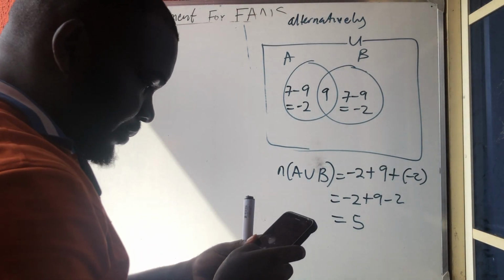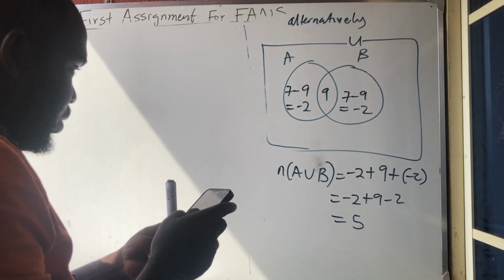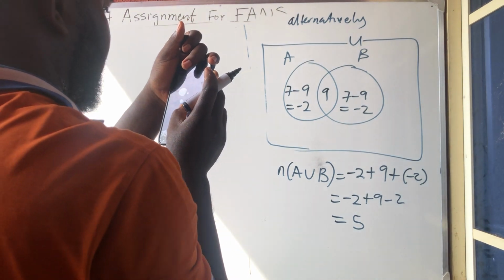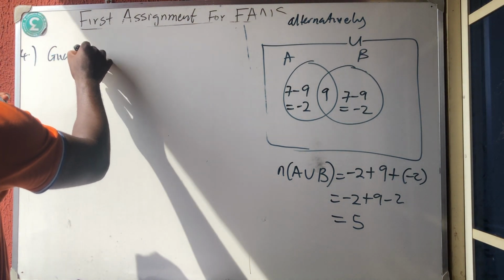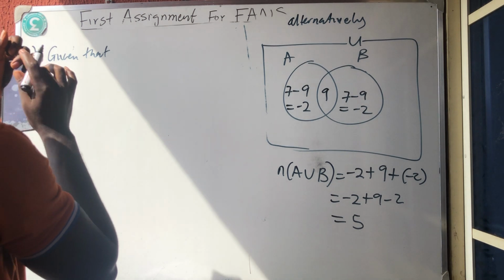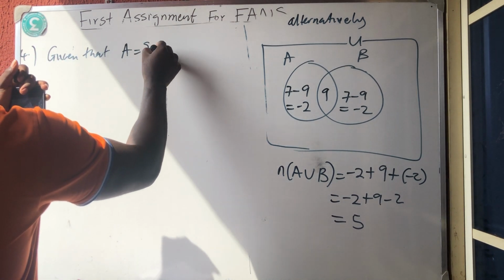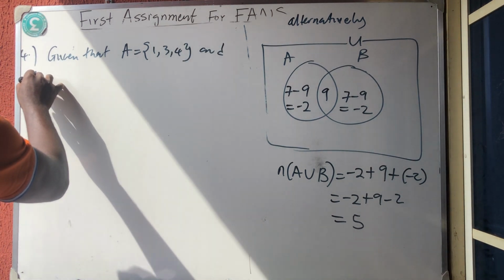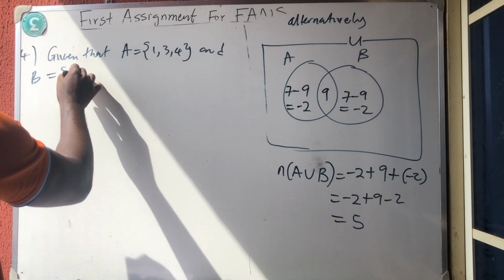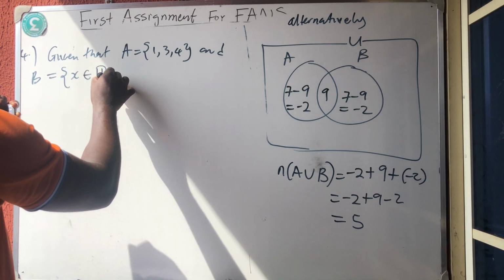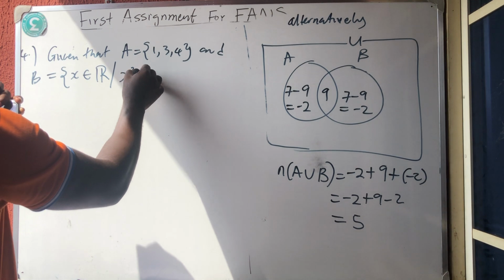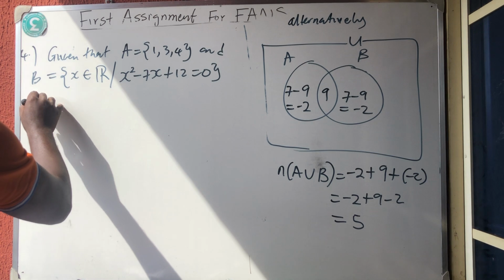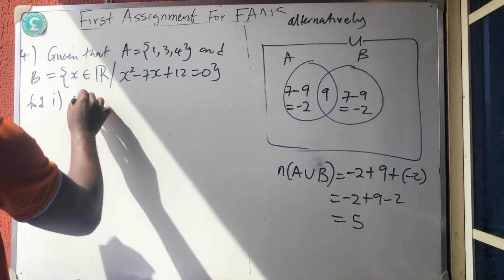The next question, question number 4, said: given that A is equal to the set of 1, 3, and 4, and B is equal to the set of x, which is an element of the real numbers, such that x squared minus 7x plus 12 is equal to 0, then find